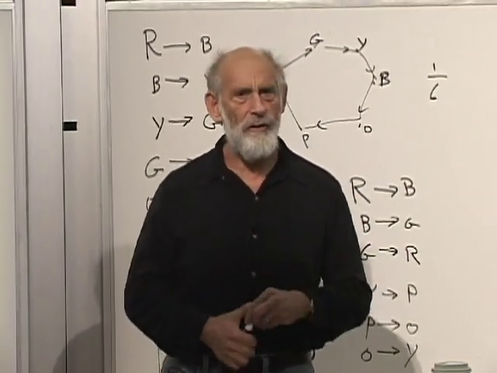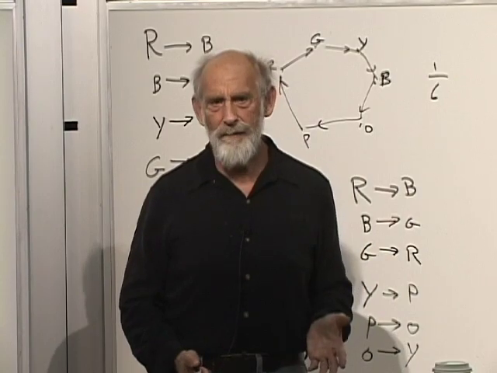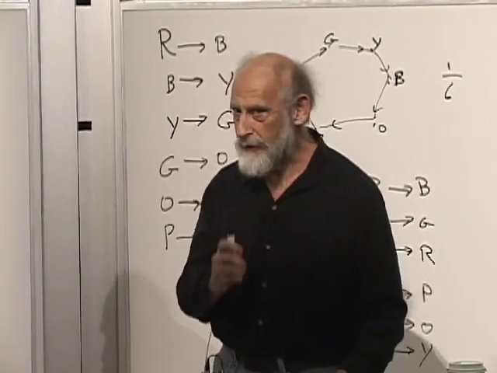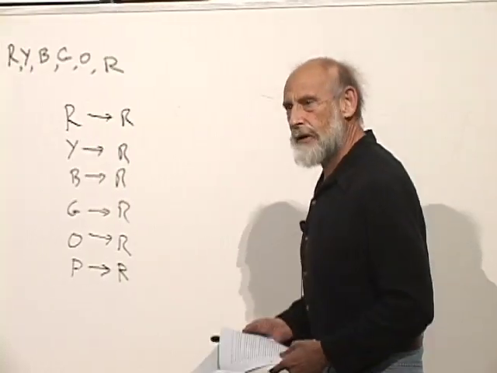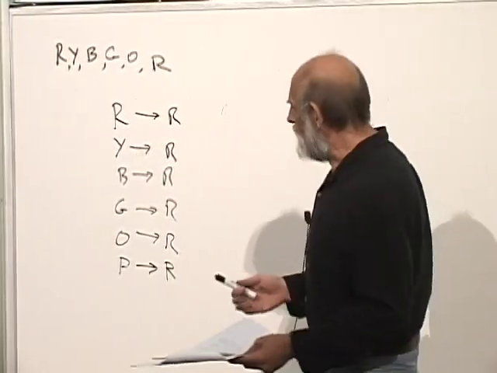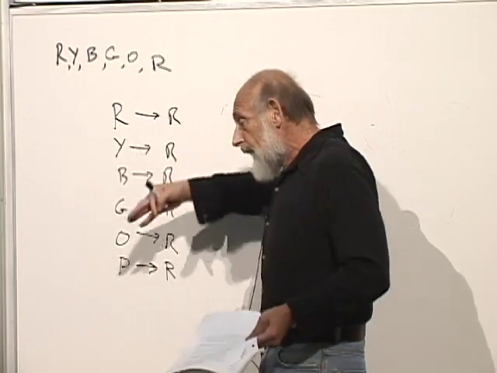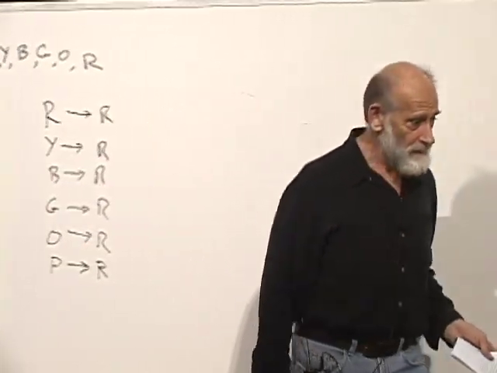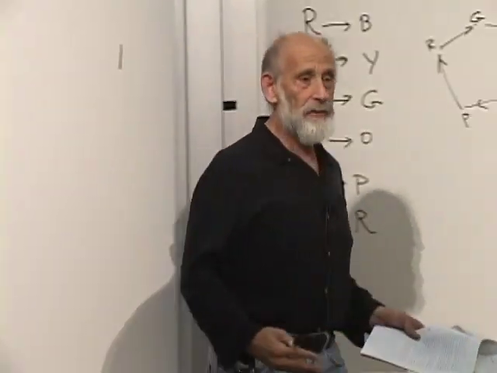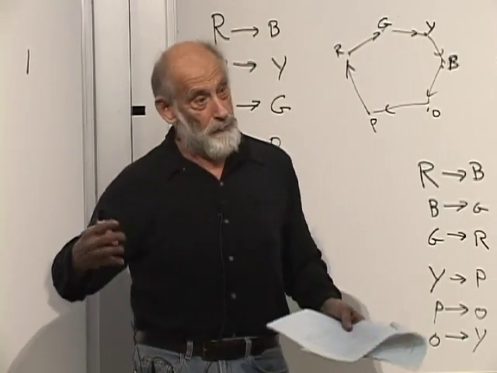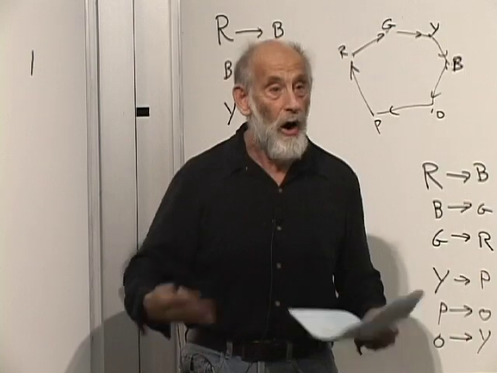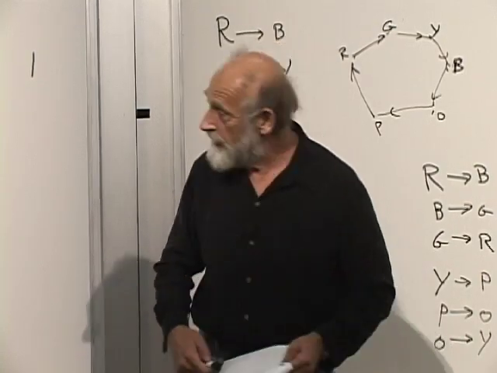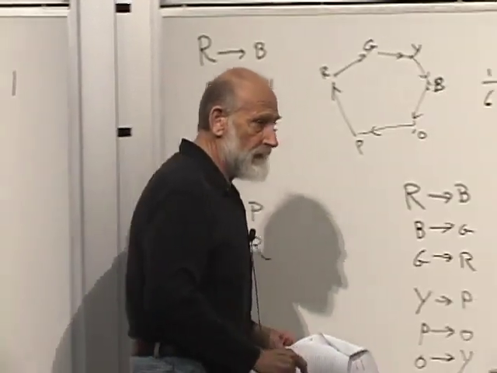You start the system out somewhere. Okay? There are no conserved quantities here. There couldn't be. If there was any conserved quantity, it's obviously, very quickly, they all have the same value of whatever quantity you pick, because they can all get to red. So they have to have the same value of whatever it is as red does. So there's no conserved quantity. That's not the problem here.